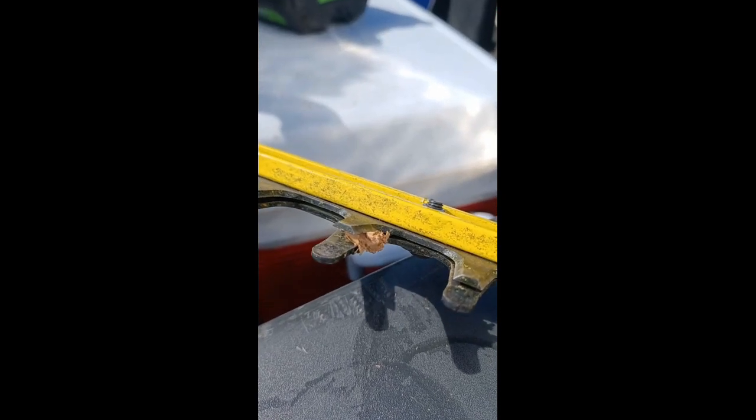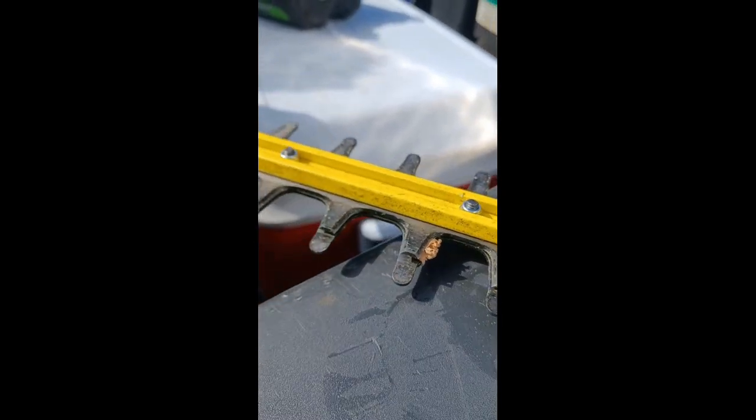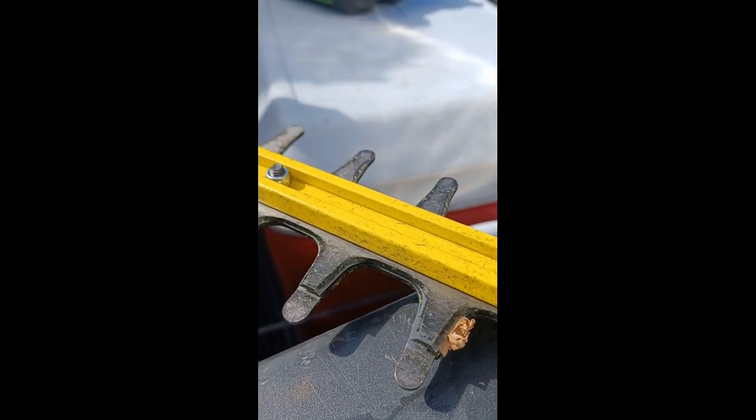This is an example of why we don't cut large pieces of wood or branches. I don't know if we can see it. Yeah, there it is. Because it'll bend the blades. Just trim the small, tender